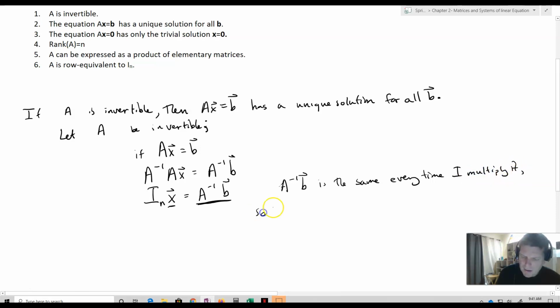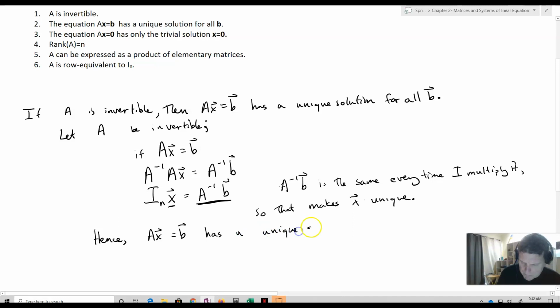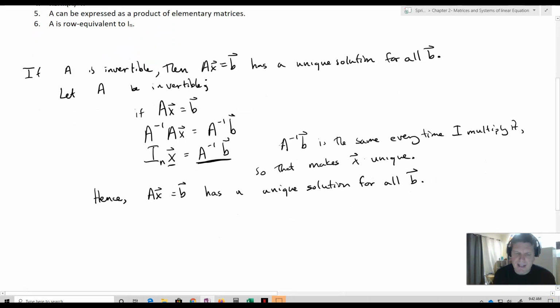So that makes X unique. And that's basically the idea behind this. And so hence, AX equals B has a unique solution for all B. Ta-da! Great. That's actually really great. That's cool. Now, how we can extend that idea is to say, well, let's say if